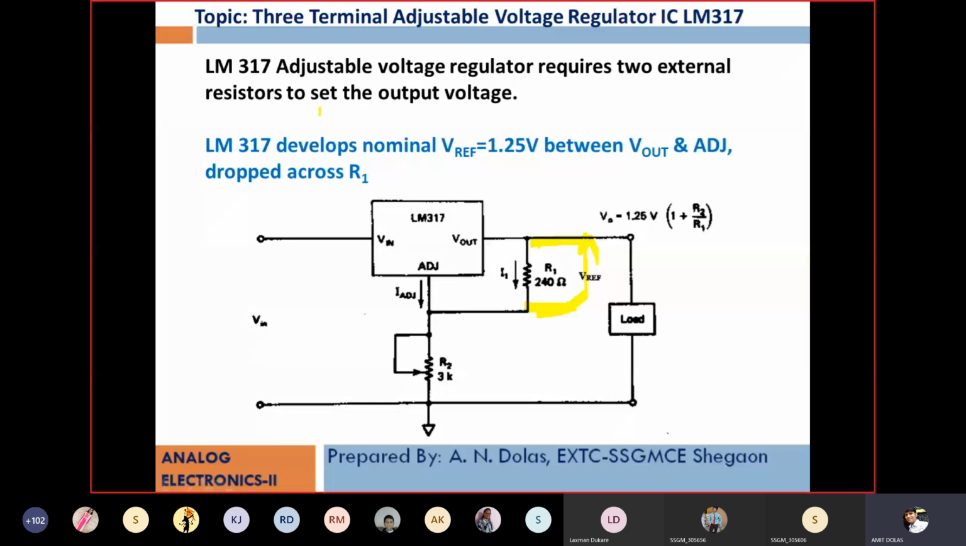Of course we want a range of output starting from 1.2 volt to 37 volt, that can be adjusted by choosing a proper value of resistance R2. So R2 decides what will be the output voltage of this IC. Moving ahead,